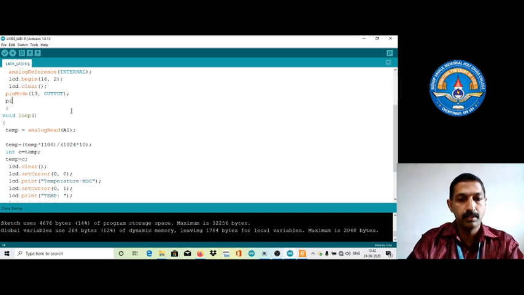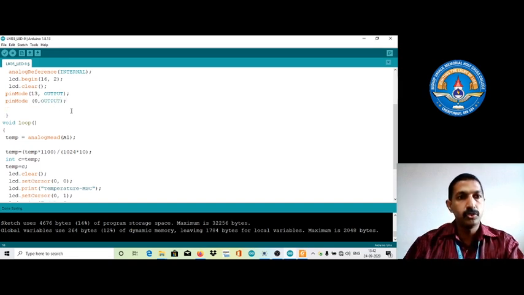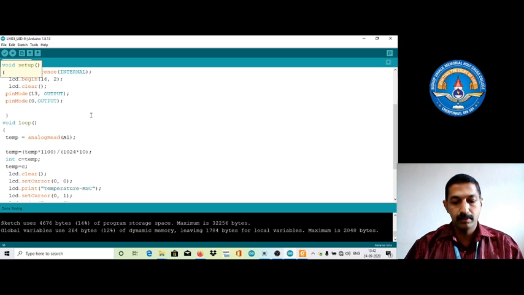Same with pin mode, I'm using pin number 0 as output. Two pins have been set. You need to just enable these two pins.